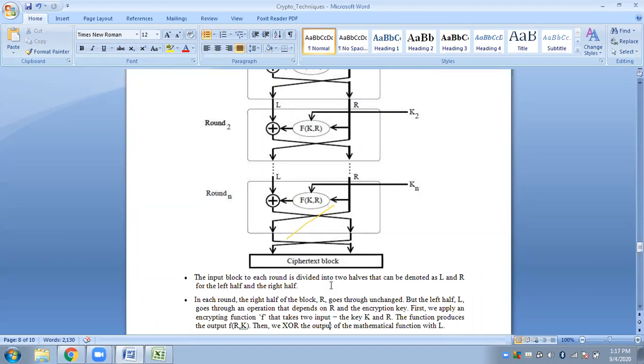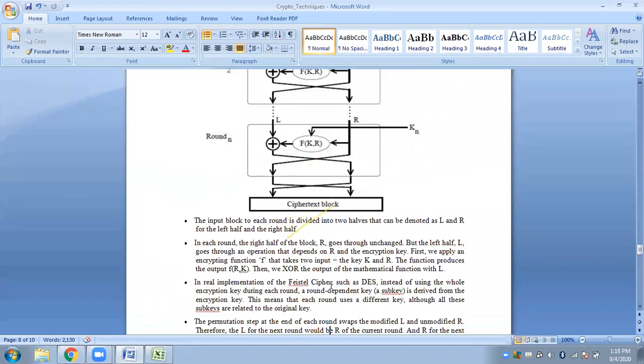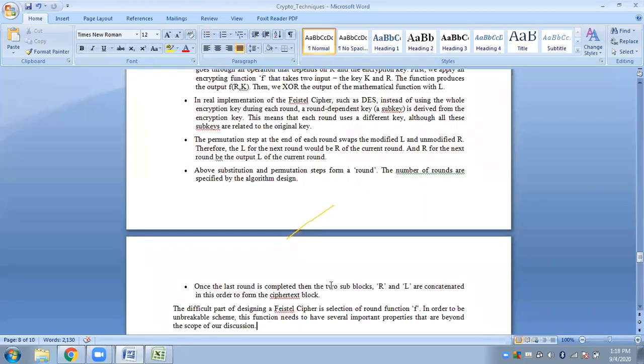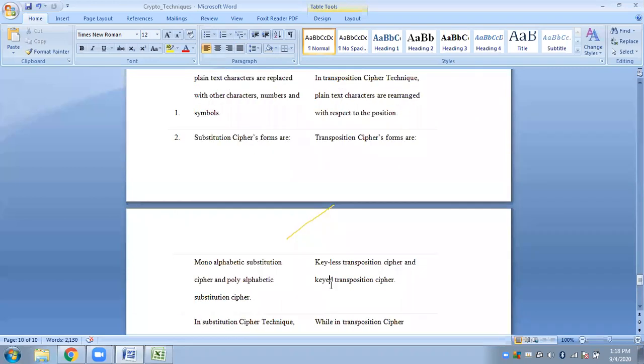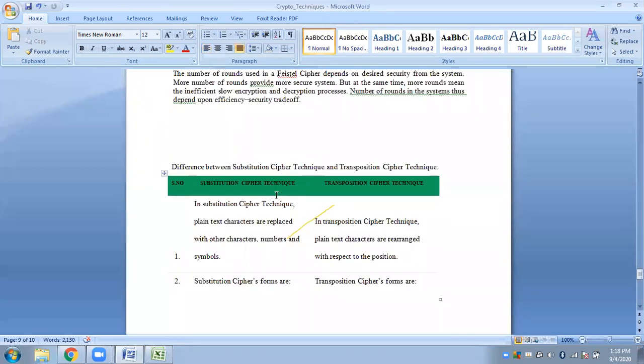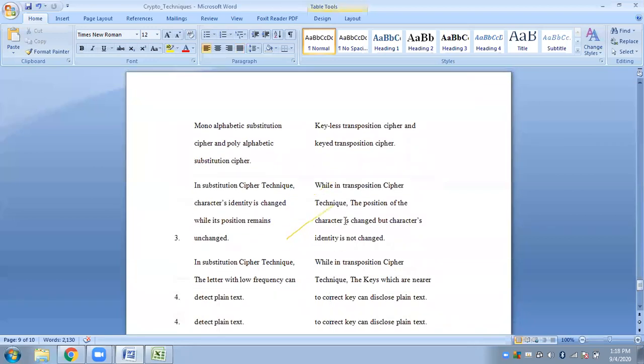For the time being, you only have to know what cryptography is and the different types of techniques that we use: symmetric, asymmetric. Again, the different types of encryption and decryption techniques used in symmetric. And in asymmetric we also have hashing. We will also go through hashing in the next class. So this is all. You simply have to go through the note, nothing else. Here I have given one difference between substitution cipher and transposition cipher. Just go through it.